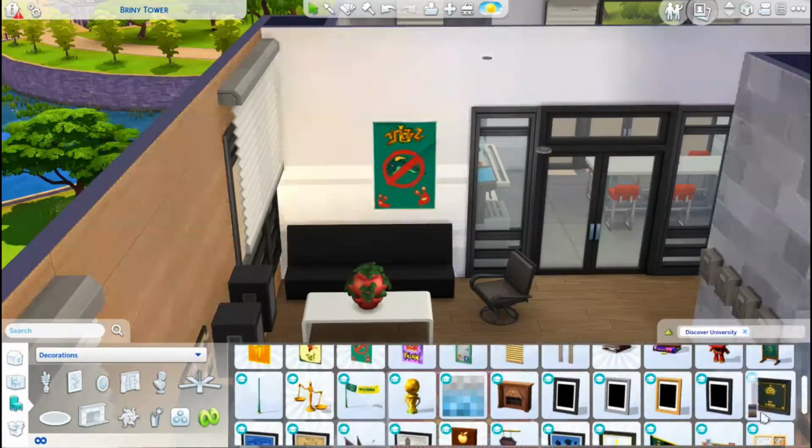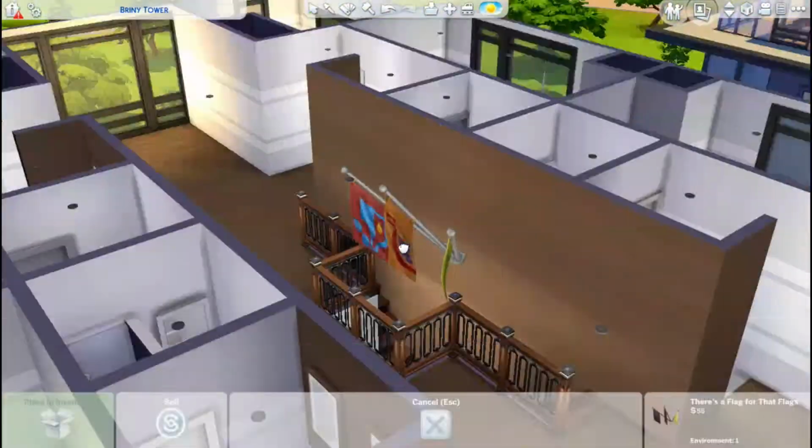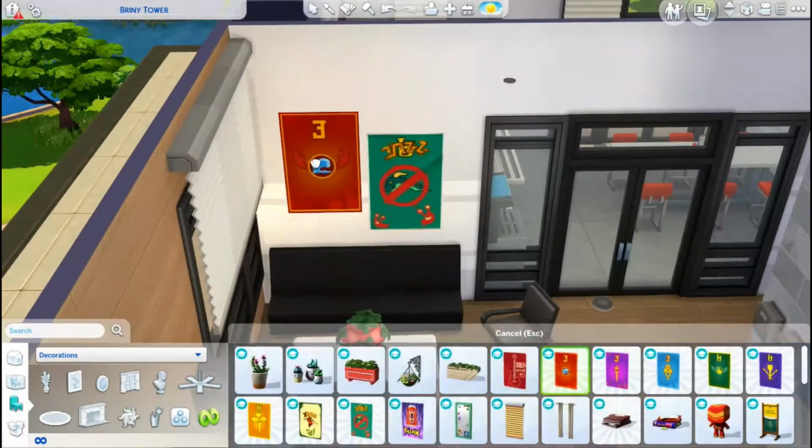And then the ones downstairs, like I said, are en suites, and they all just have showers and toilets and everything like that in them. So I did cut that out. They're all very boring. I believe they're already furnished, so you guys might see them as we're furnishing the rest